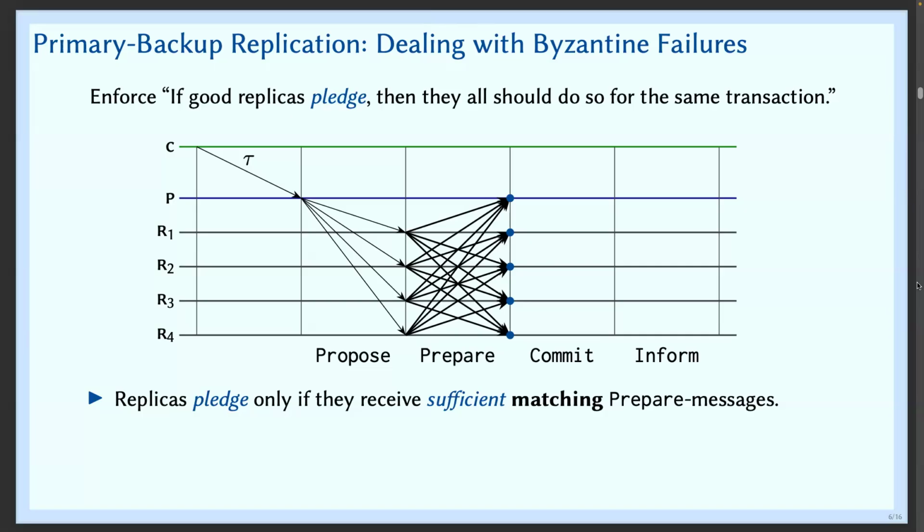Okay, so the primary. Then how does this solve it, or how does it address that? A good replica will receive the same thing. So I send you a message, you tell everybody what I sent you. I send you a message, you also tell everybody what I sent you. I send you, you tell everybody. And now, what messages do you receive? And then what can you infer or conclude from that? Which one is the actual message?